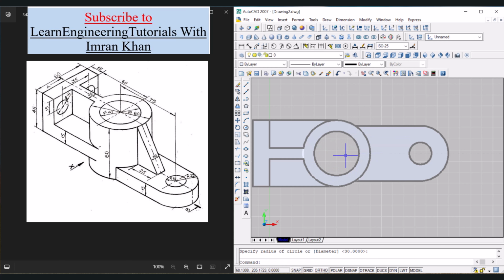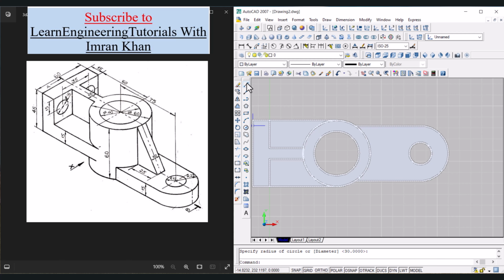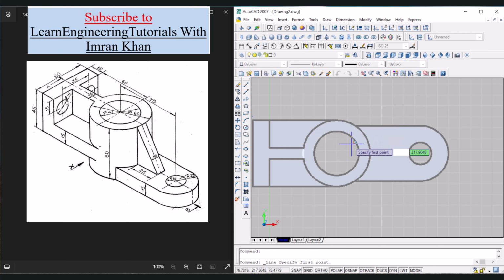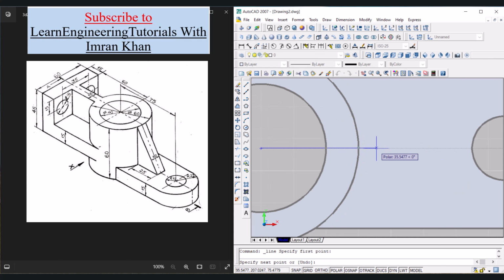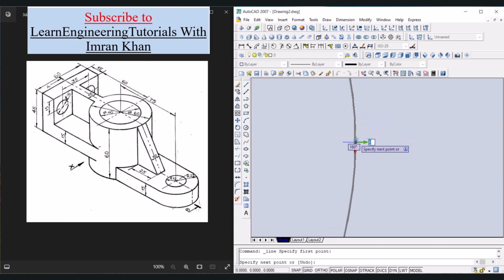click. Now click on line, click from the center point, click outside, press escape. Now we will use TR, so TR, enter, enter. Click on this object, press escape. Now use this line command, click on this quadrant,